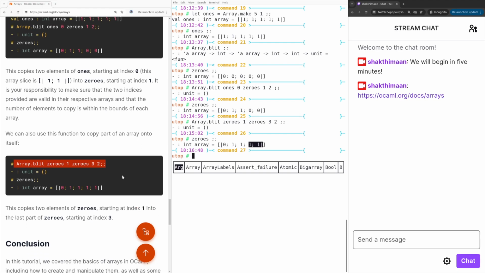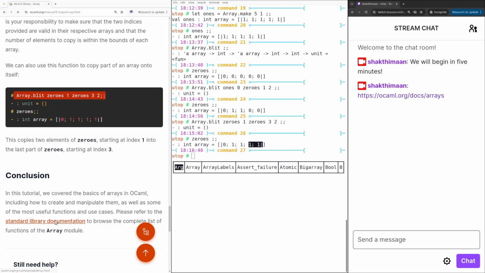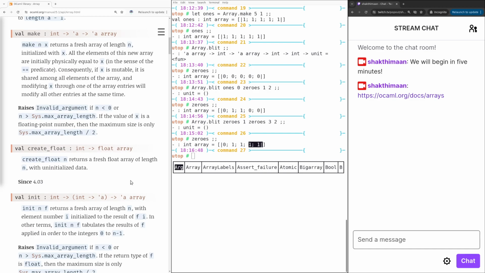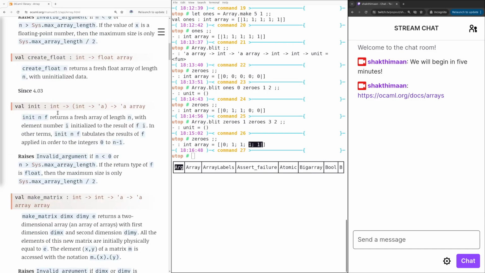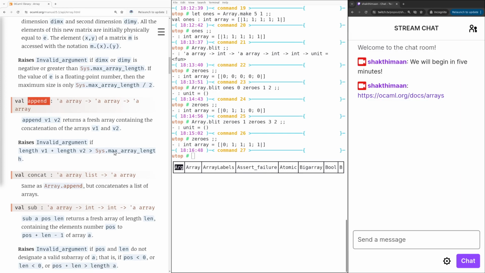Okay. That is the blit function. So, we have covered the basics of arrays, how to create them, how to modify them, and some useful functions and use cases. Now, you can refer to the standard library documentation to look at more functions that have been defined here. So, try to create examples, see the definition, the type signature, try append and so on as